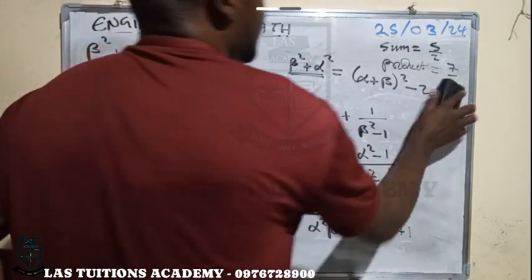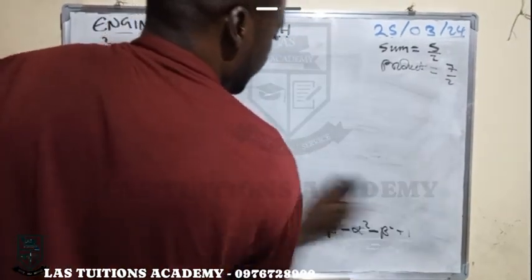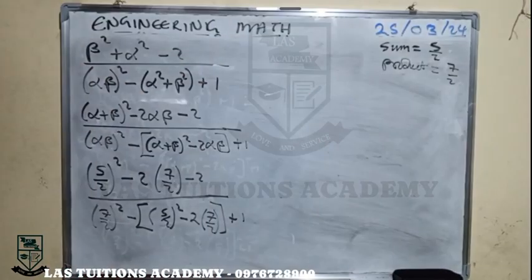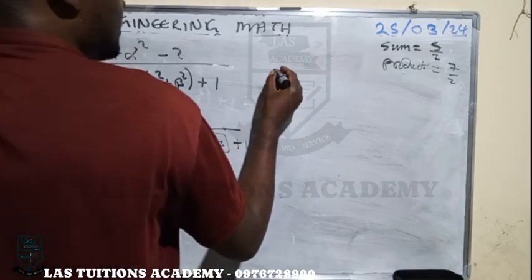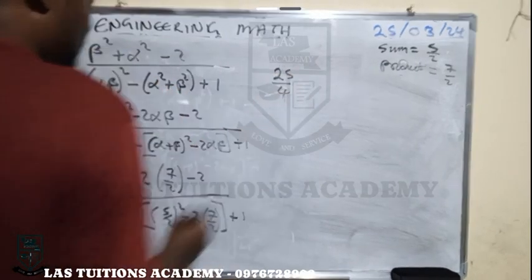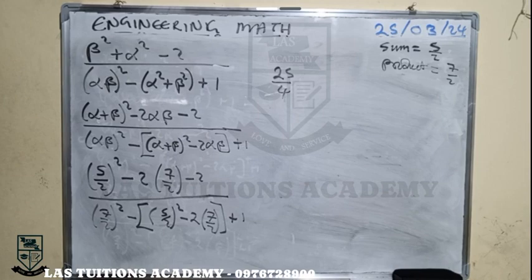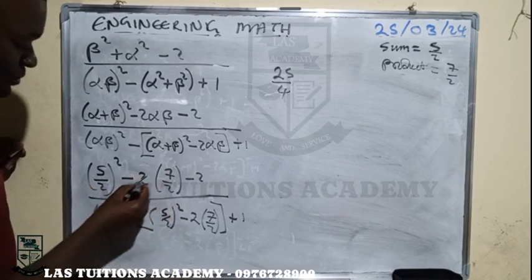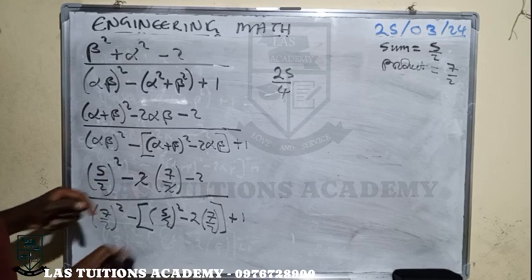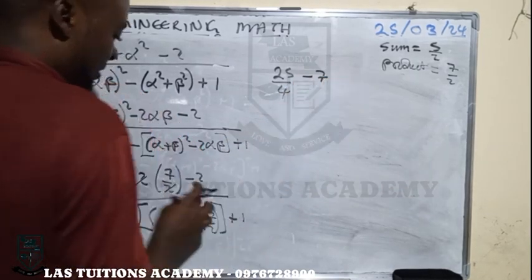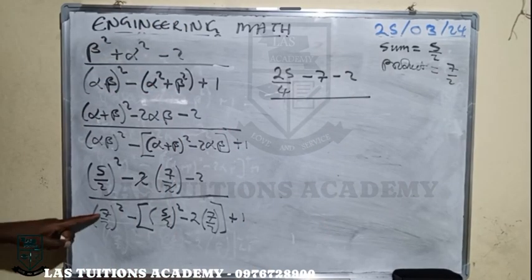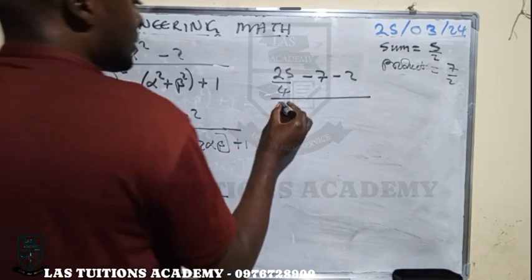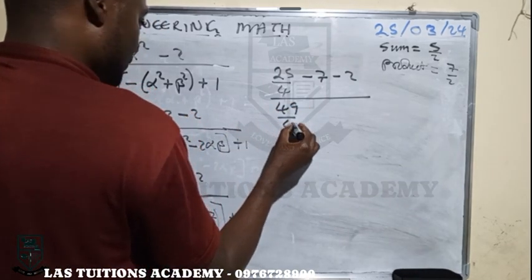Okay, so from there we proceed and say, okay, so 5 over 2 squared, so we're going to have 25 over 4. We square what is on top and square what is down. Minus, now this 2 and that 2 will cancel, so we have minus 7. Then we have this minus 2 here, minus 2 over, then 7 over 2 squared. We're going to square the 7 and square the 2. So we're going to have 49 over 4 minus,